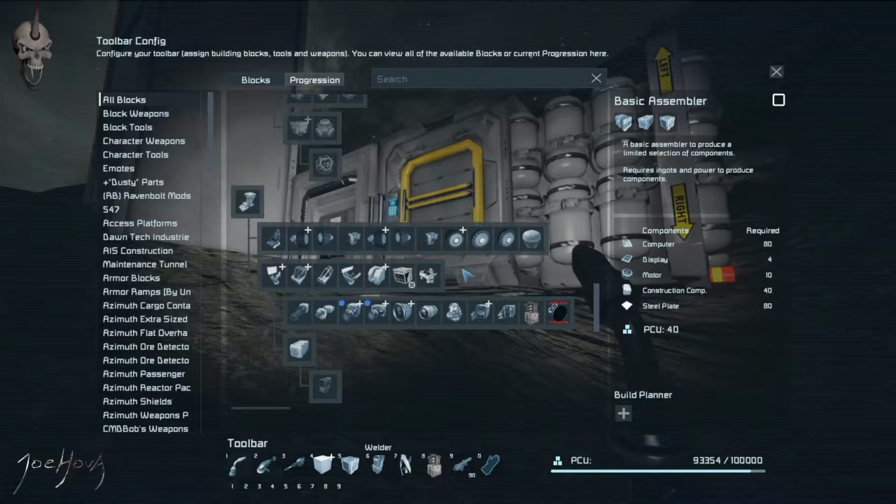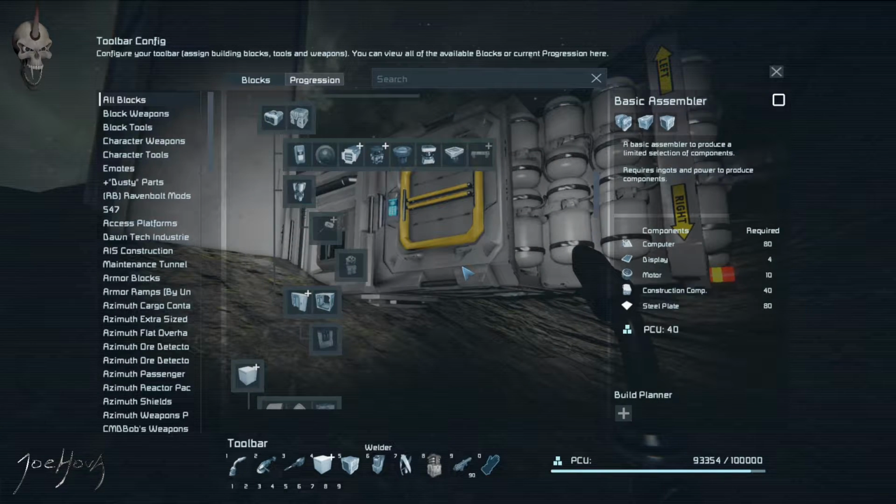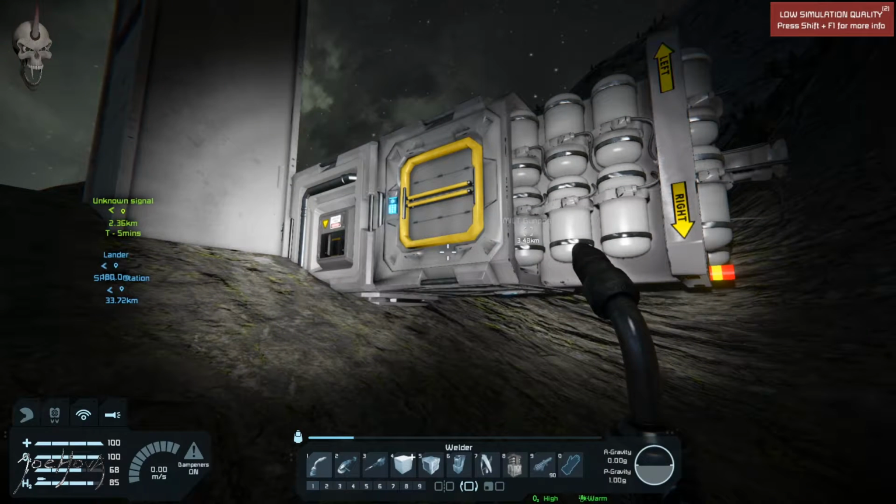Clearly. Where is it? Way up at the top. Oh, there's a battery, so I can make it now. Good. Alright, so let's do that. Let's get in here. I just...